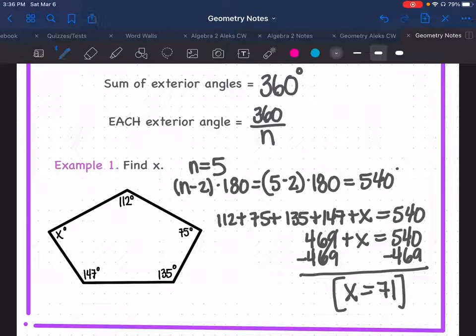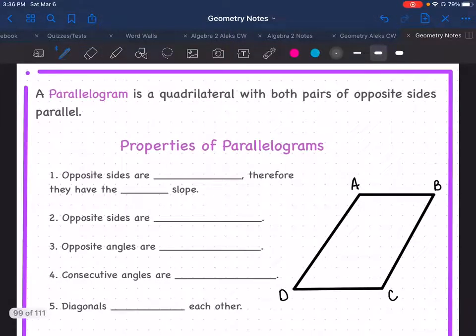Okay? All right, let's go ahead and talk about a special type of quadrilateral called a parallelogram. A parallelogram is a quadrilateral, which means it has 4 sides, with both pairs of opposite sides parallel. A parallelogram has 5 distinct properties, and your quadrilateral must meet all 5 of these to be classified as a parallelogram. All right, the opposite sides are parallel,